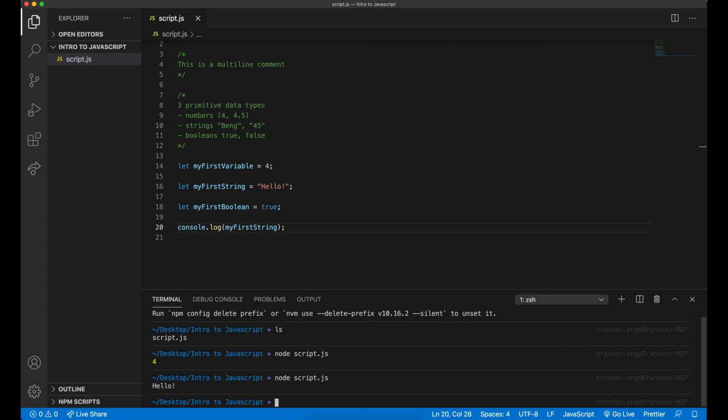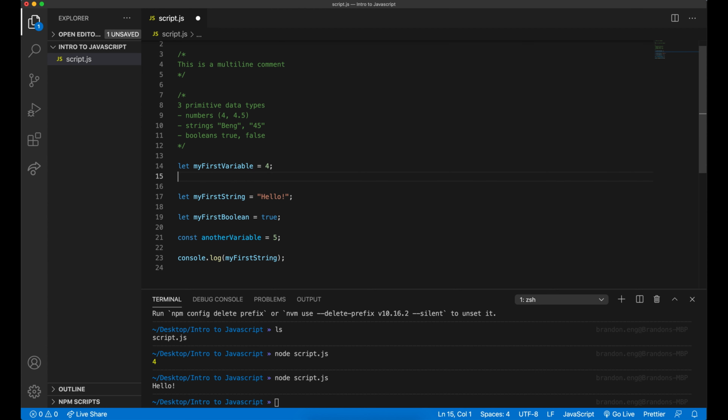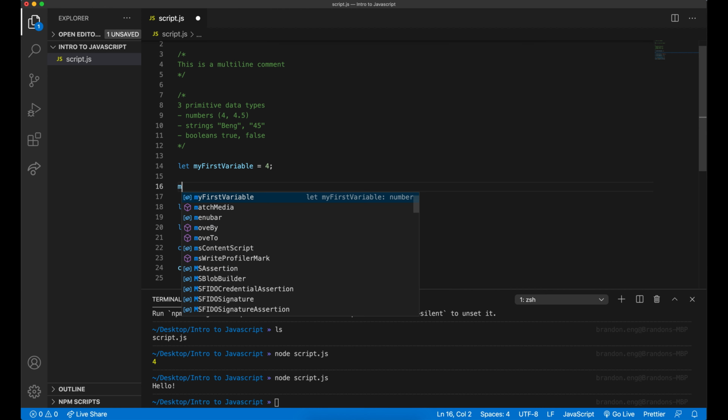Now in JavaScript, there are actually 2 ways that you can do variable declarations. The first keyword that we talked about was let. The second one is const. The main difference between let and const is that let will allow you to change the value of the variable, however const will not. So for example, this right here, I could reassign my first variable to be equal to